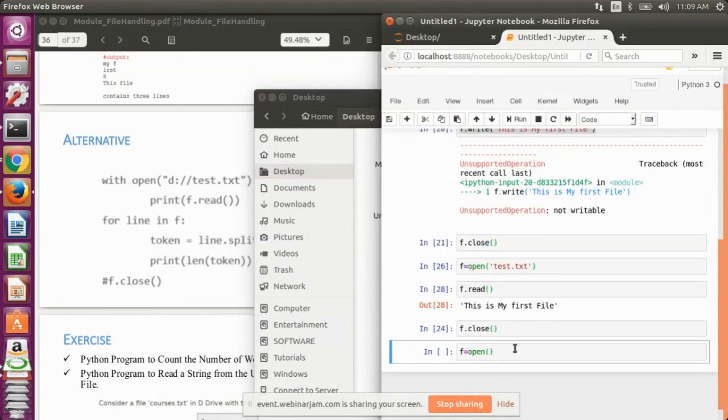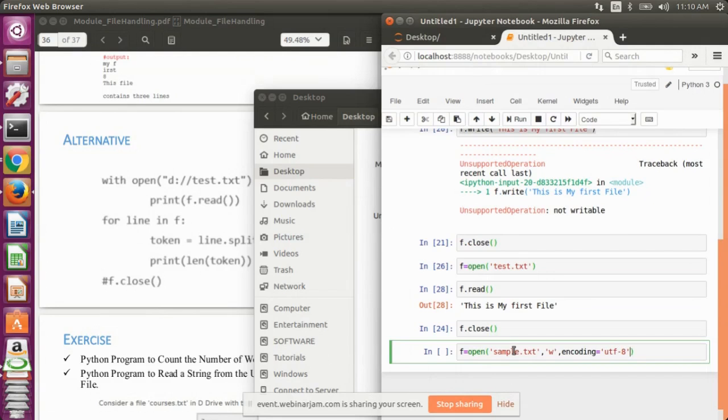So now, whenever I open the file, write the open command and write sample.txt, open it in the write mode, and the encoding scheme that I use is UTF-8.